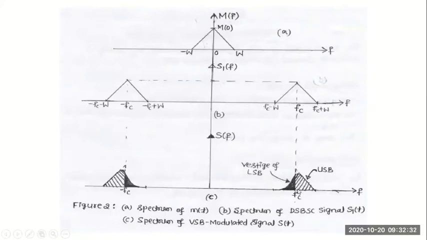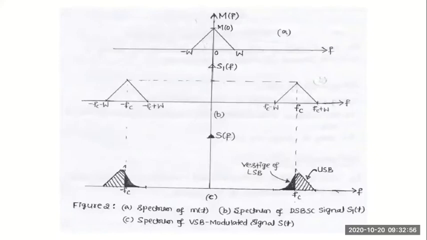So here USB is there in terms of full frequency or bandwidth. From fc to fc plus W, I have this USB. I will only reduce its amplitude and power so that I will accommodate for this vestigial sideband, the unwanted part of LSB, which will be filtered out by the filter.